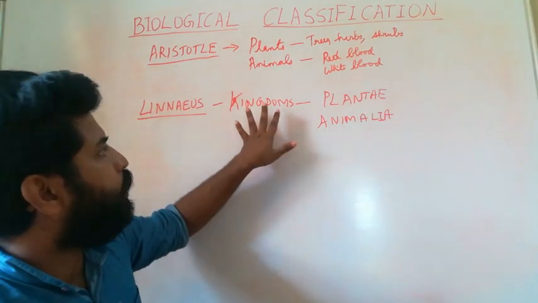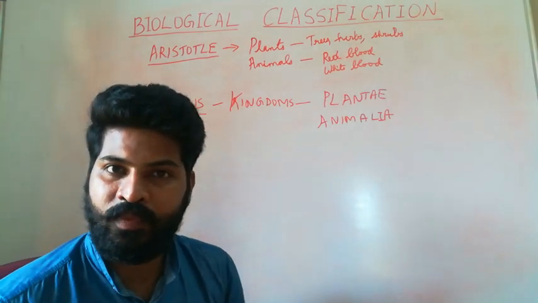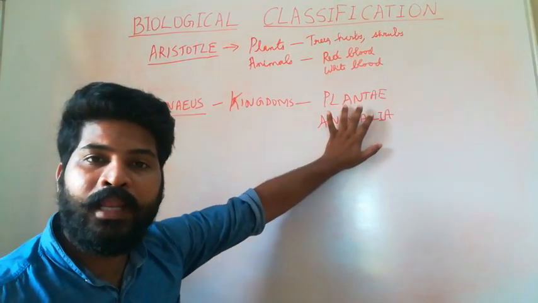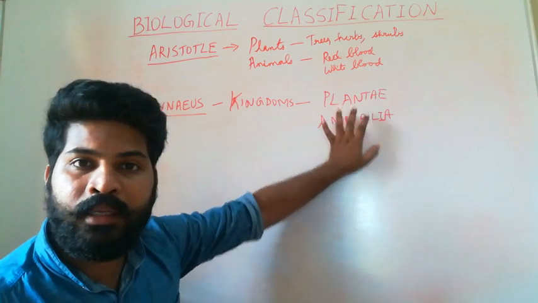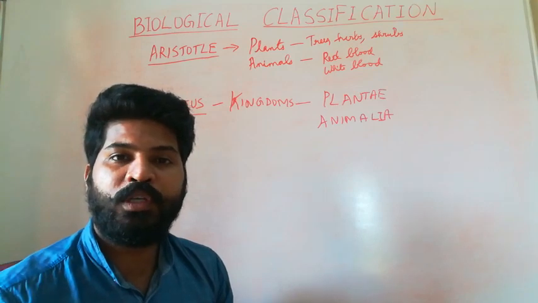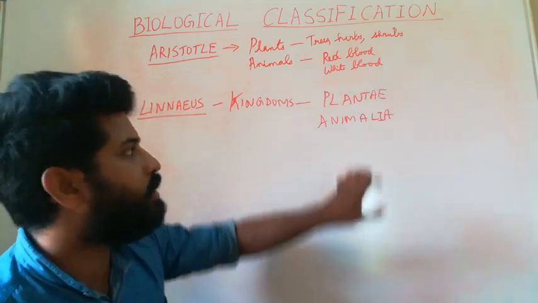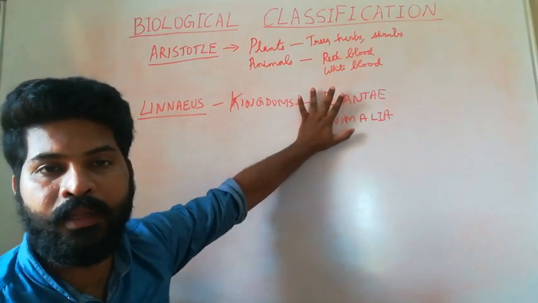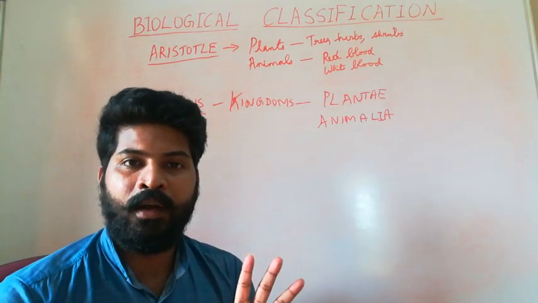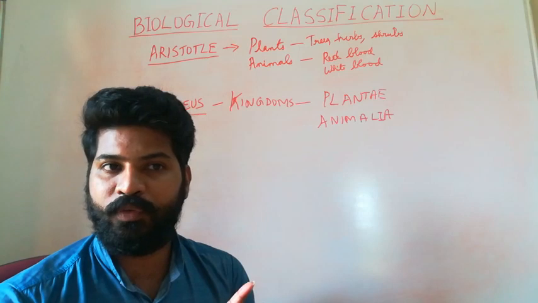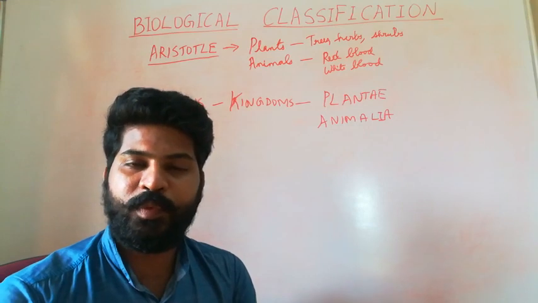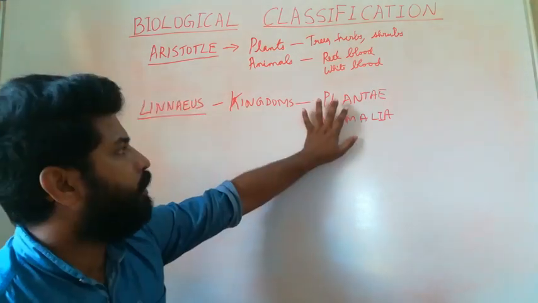The problem with this two kingdom system of classification is that under kingdom Plantae, organisms ranging from bacteria, cyanobacteria, fungi, and also gymnosperms, angiosperms, all these were put under the kingdom Plantae, which is not right, because we know that bacteria are a completely different set of organisms, whereas algae, fungi, gymnosperms, angiosperms, they are completely different. This group included